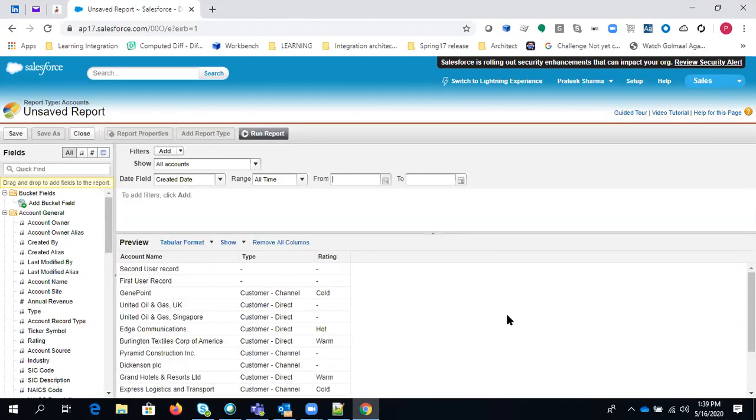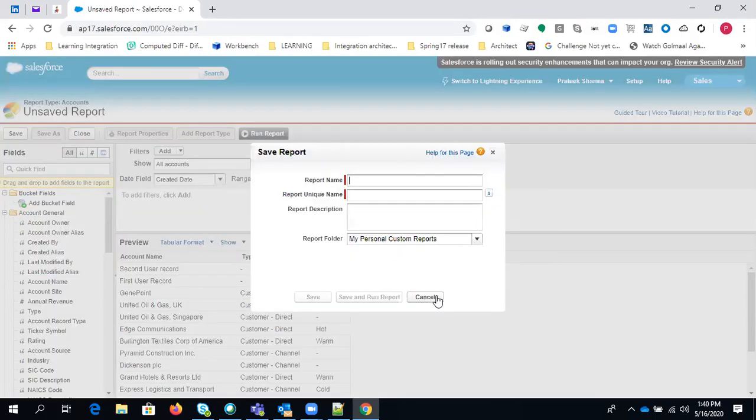Here you can see that we have this kind of information. So we are using tabular reports. Let's close this window, start again from scratch and create a new tabular report. What we have discussed currently is what a report type is, what a report builder is, and what all the options available in a report builder are, what all we can select. All this information we can simply use in order to create a report. So we have discussed all these things, right? I'm just closing this report and we'll go back and create a new report. Let's cancel it.